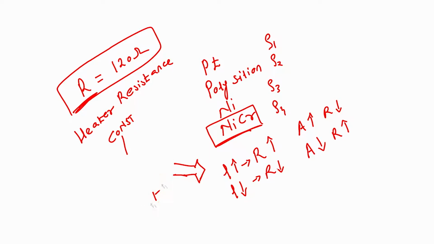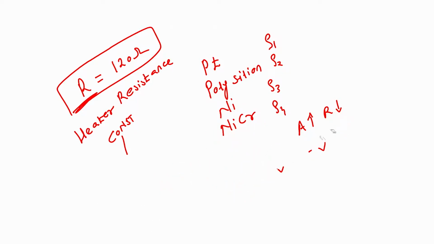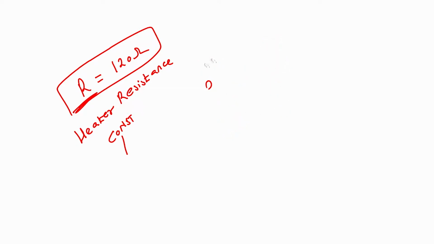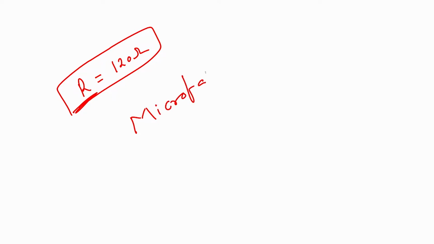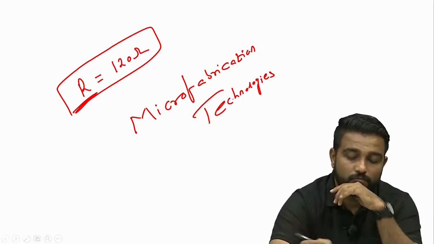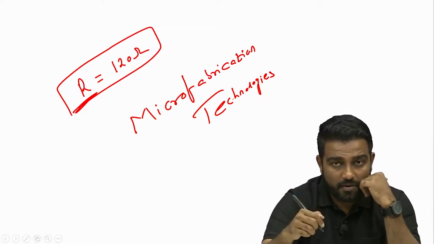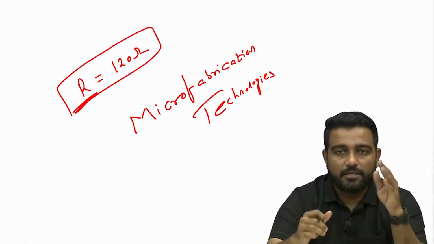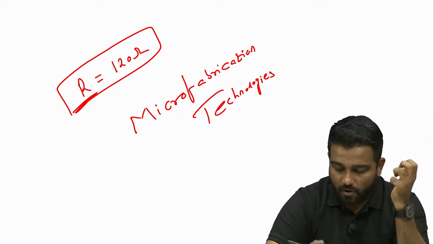Now, the third point is how you are going to fabricate this. What are the processes involved in fabricating this particular heater? The processes that are involved in fabricating the heater are called micro fabrication technologies. Okay. In microfabrication technologies there are several things that we will be learning, starting from the silicon wafer, which is our substrate, and then on the substrate we have to